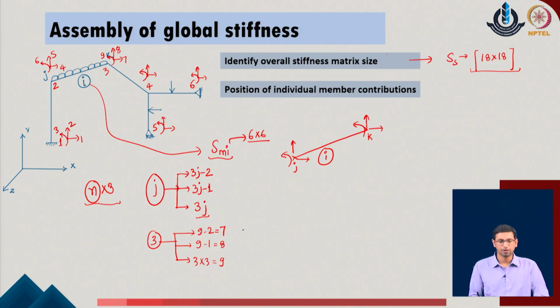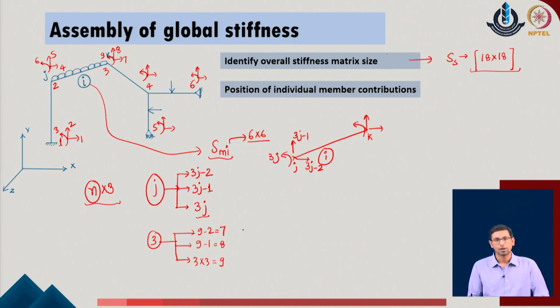So, this is a very standard expression which we realize that at any given joint we have the 3 degrees of freedom, which are say for the joint J, 3j minus 2, 3j minus 1 and 3j in the given problem. So, I will just number the degrees of freedom in the same manner. I say that this is 3 of j minus 2, this is 3 of j minus 1 and this is 3 of j in the given system.